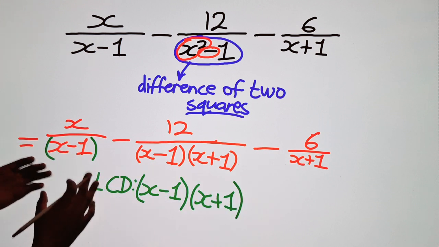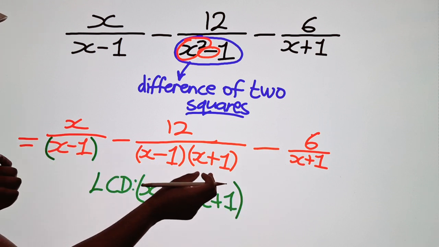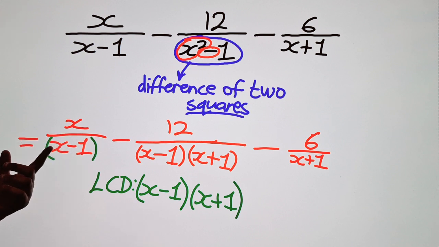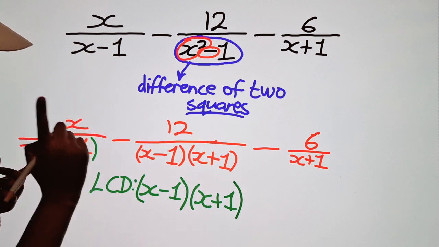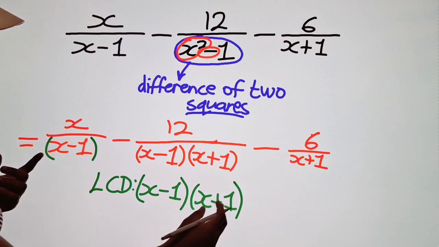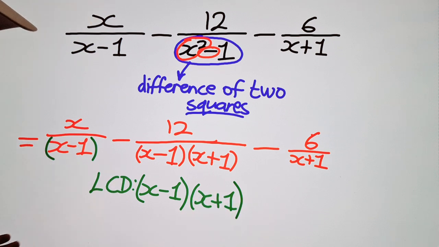So that's why we just write everything that is in the denominator, x minus 1. We only write 1, don't write 2 of them. If it appears twice, just write 1. Then x plus 1, it's also there, so you write it in the LCD. Then from there,